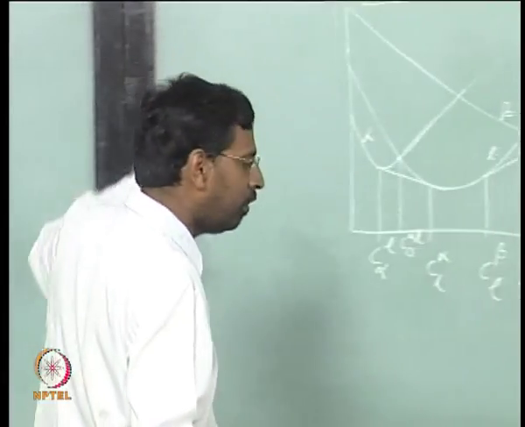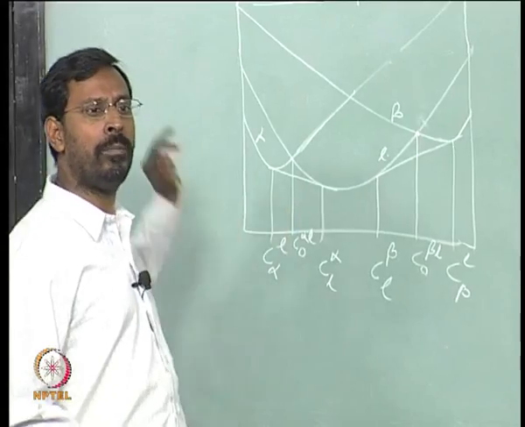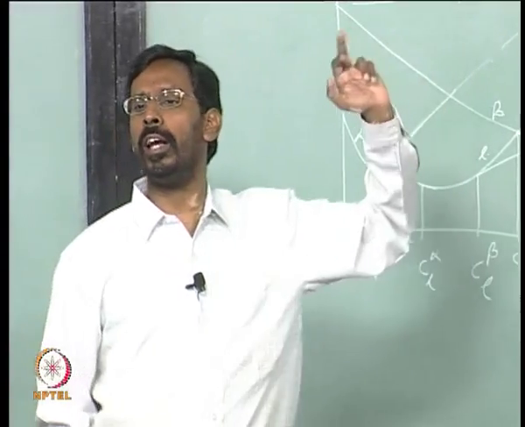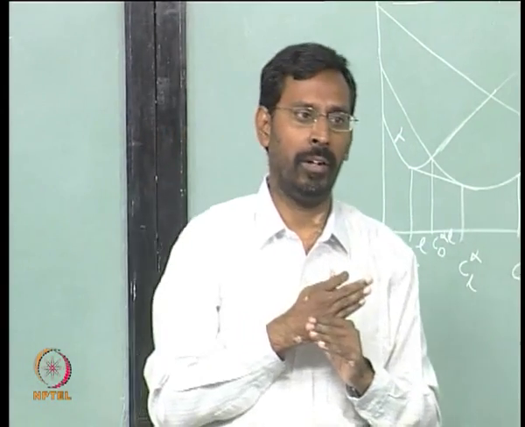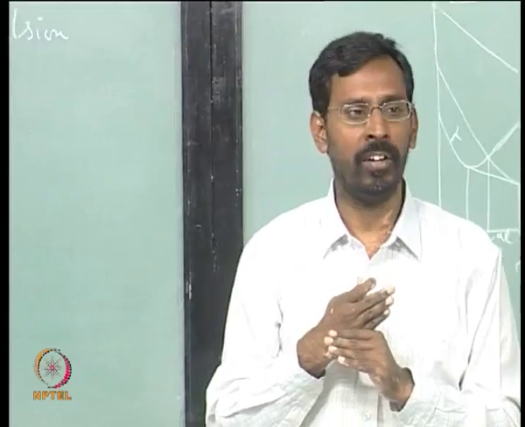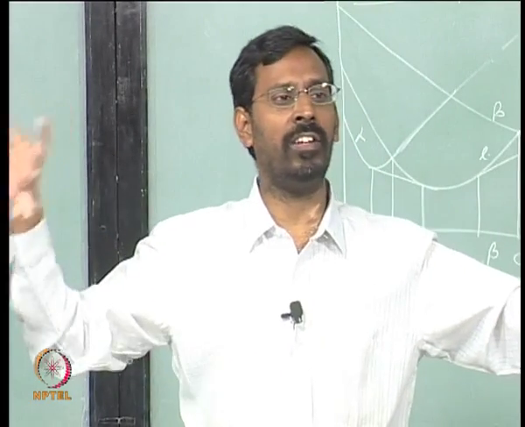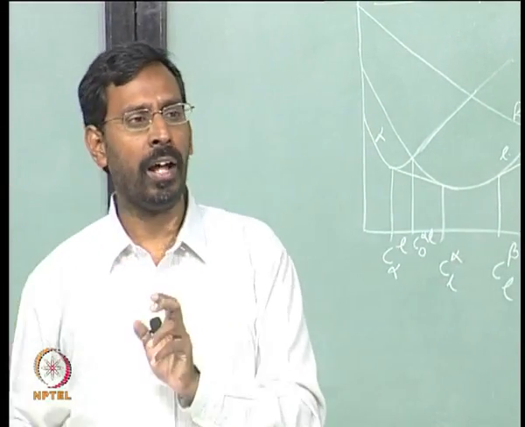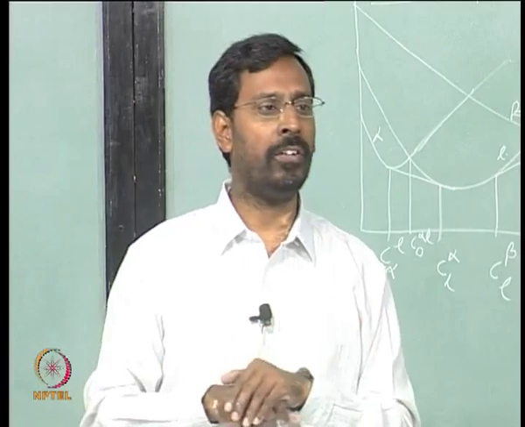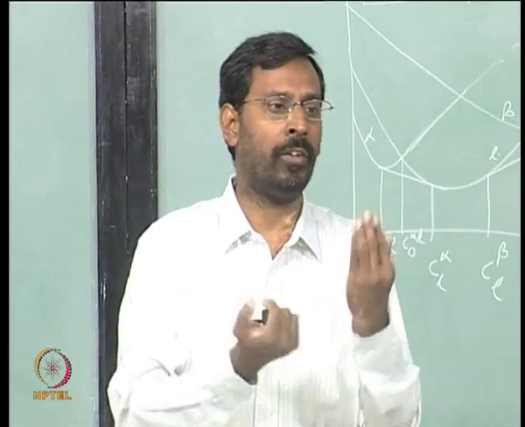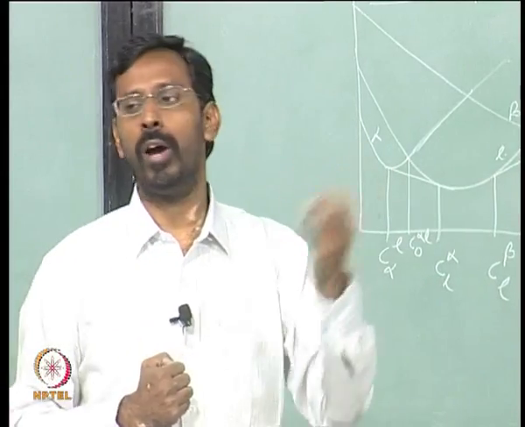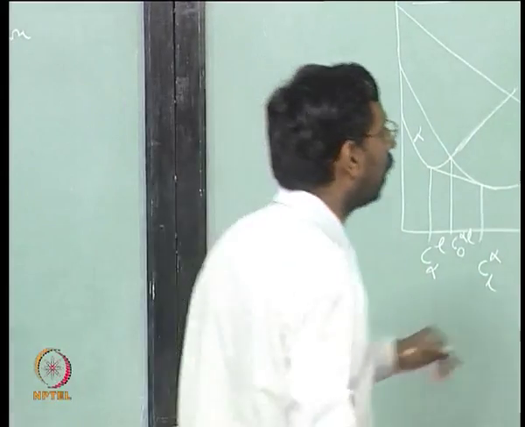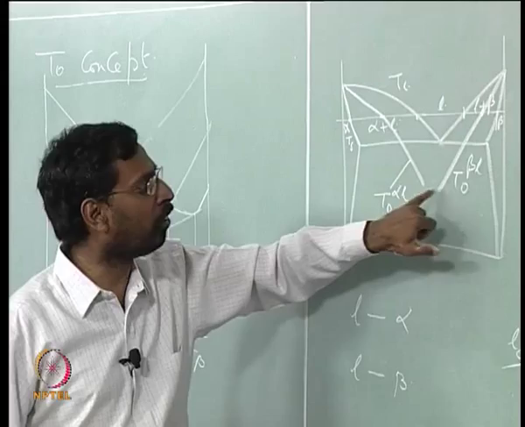So, you need to have a G alpha equation, a G liquid equation and a G beta equation, and from that find out at various temperatures where the free energies are equal, finding the intersections. So, basically equate GL with G alpha, and GL with G beta at a particular temperature, and then find out which composition of liquid and solid has these equal. If you calculate that, you will get this. So, these are actually calculated.